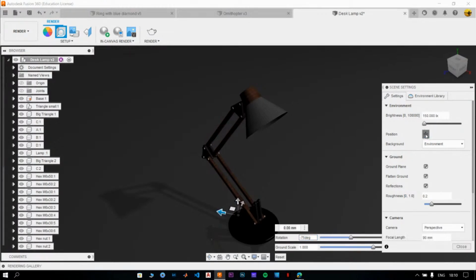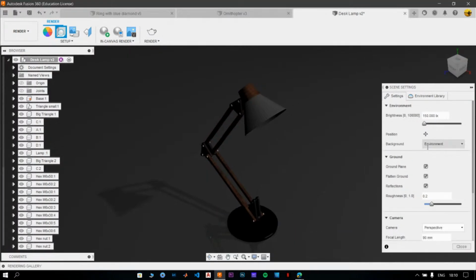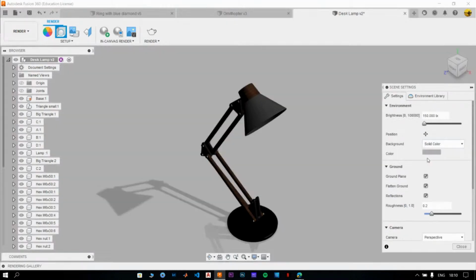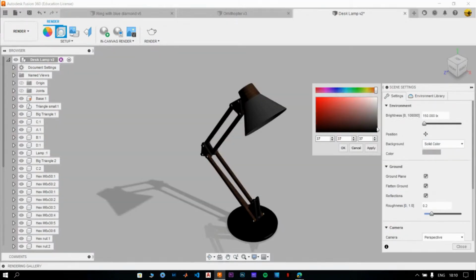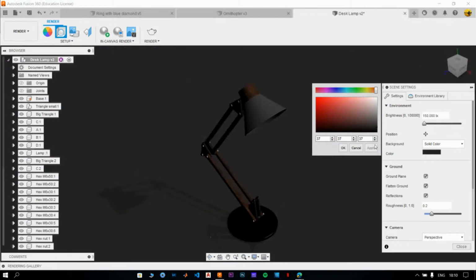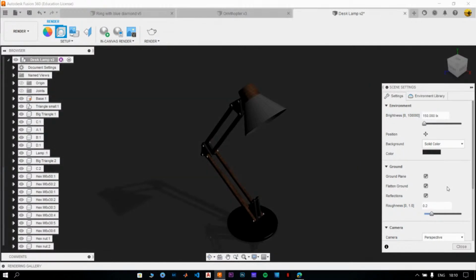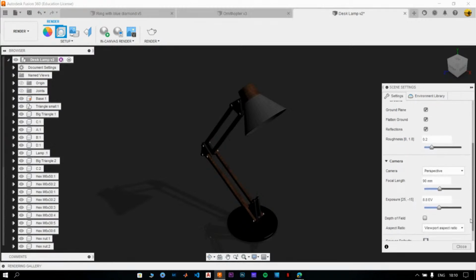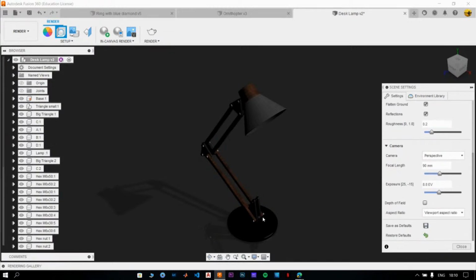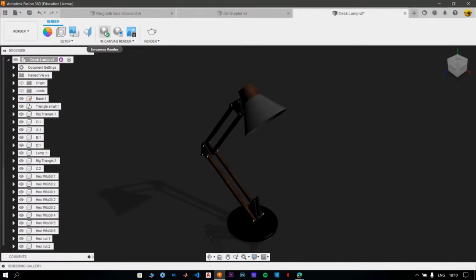And again, the background is environment. If you don't want it to be environment, you can keep it as solid color, and again, you can keep it as a very dark background. So I'll keep it at 33 in this case. I'll apply and click on OK. I want the reflections over here. The roughness is 0.2, so that is also correct. And the rest of the settings, I feel that they are correct as well, so I won't mess with those settings now. I'm going to click on close, and